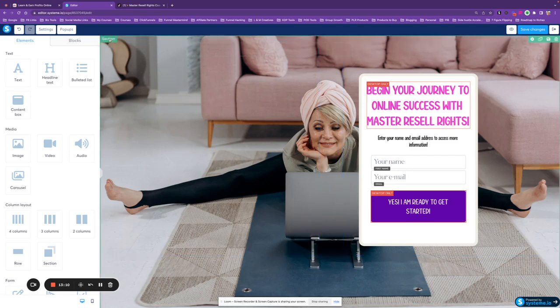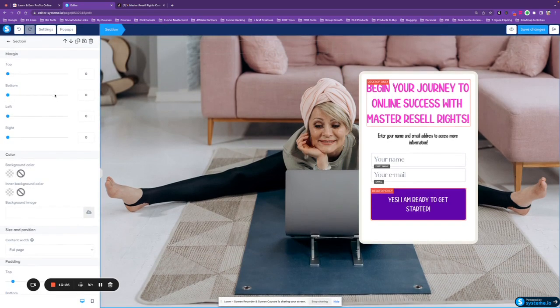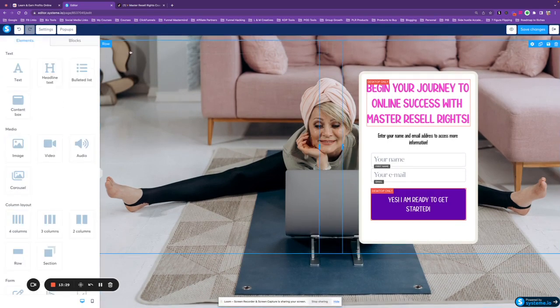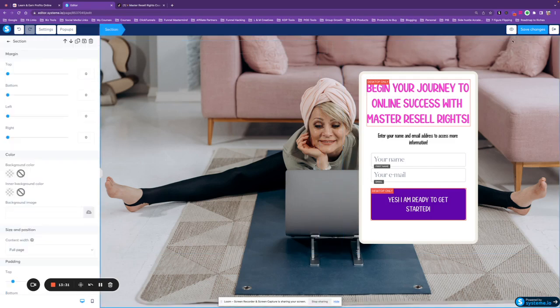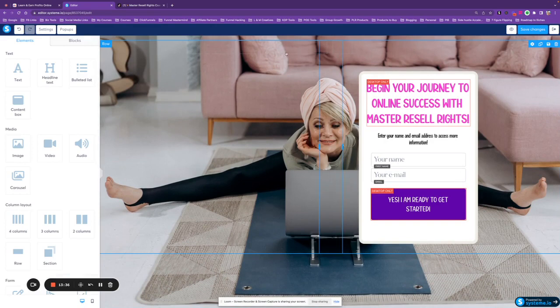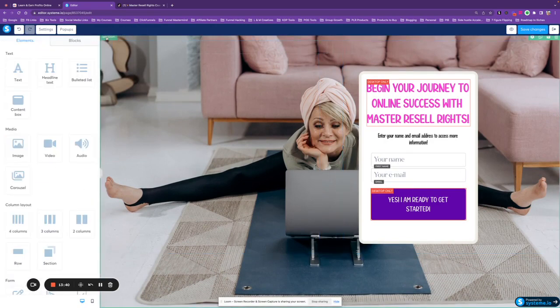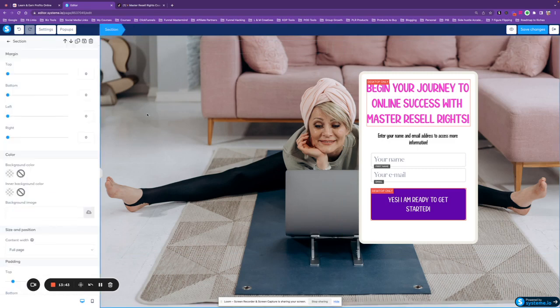But sometimes getting the picture in the back or the picture on the row, just make sure whichever you're clicking on, the section or the row, that's what you're editing, okay? So I've got the picture set up because you can see the green line that goes around the entire picture. So I've got the picture set up on the background of the section. On the row. Oh no, okay, so there's 2, so the background is not on the section, the background is